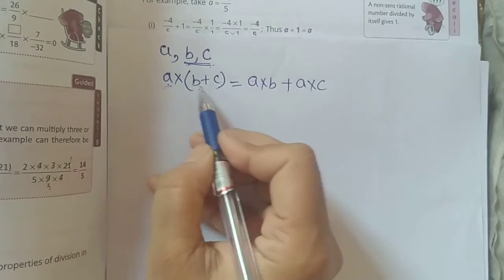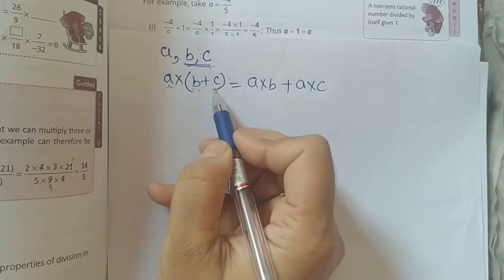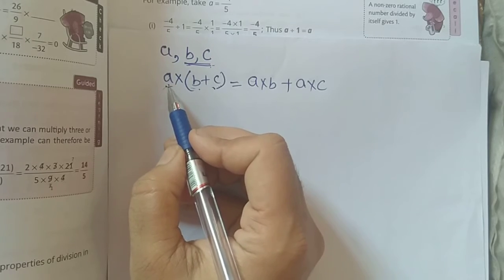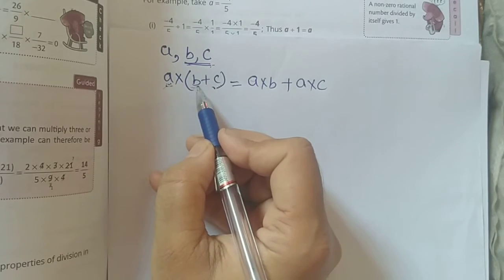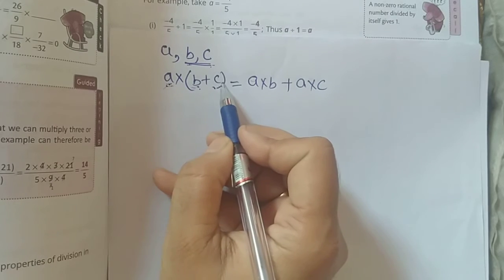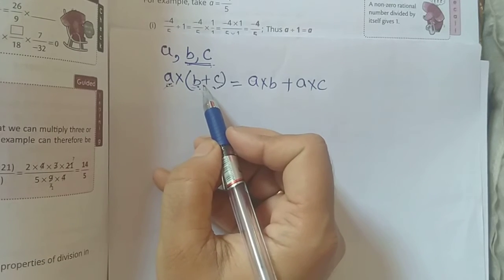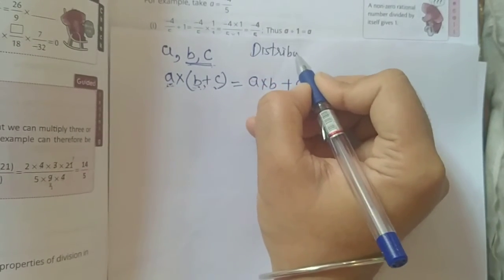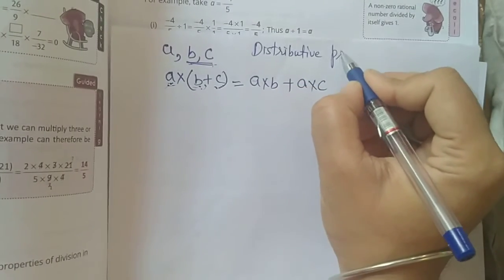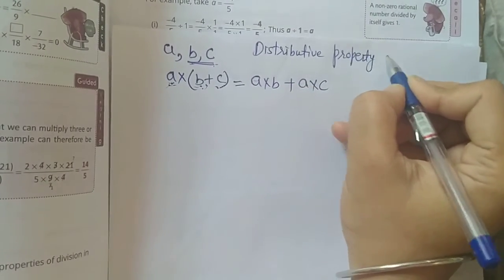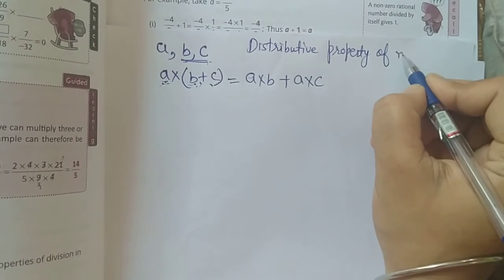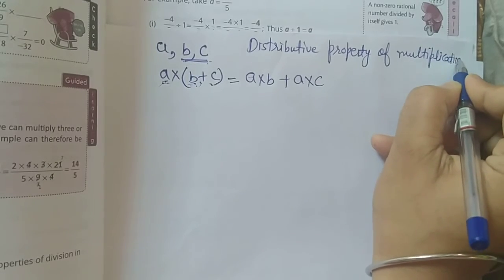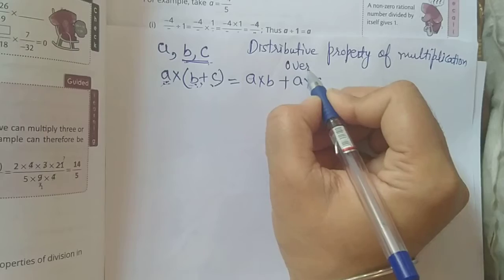So a is common between these two terms, so we will take it out. It will give the same answer if we multiply a by each number first, and then add. This property is known as the distributive property of multiplication over addition,